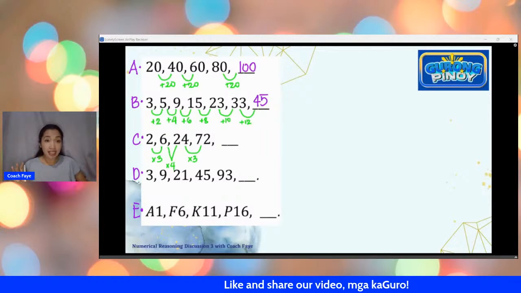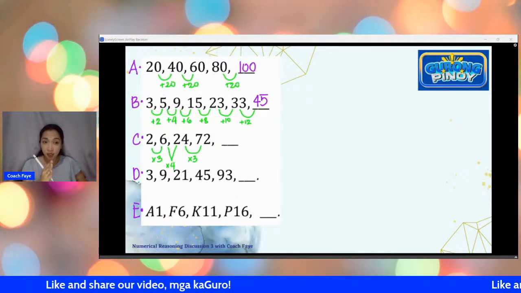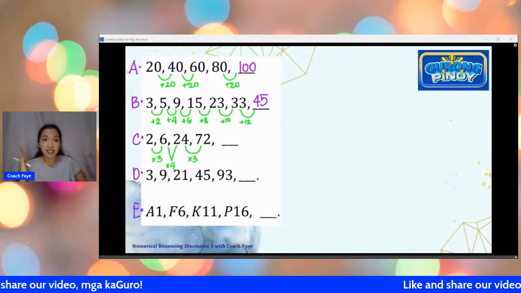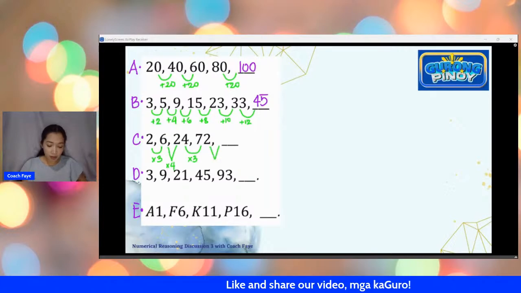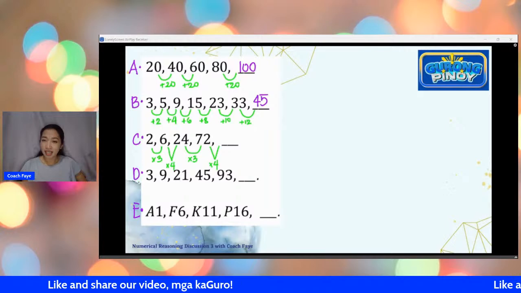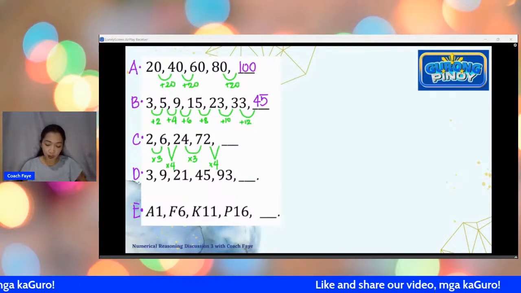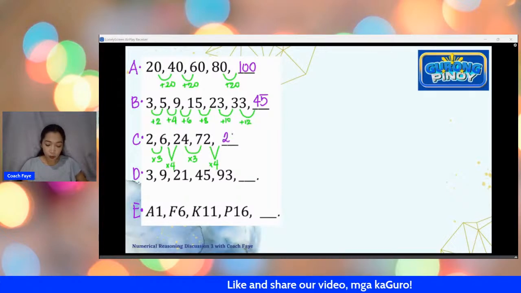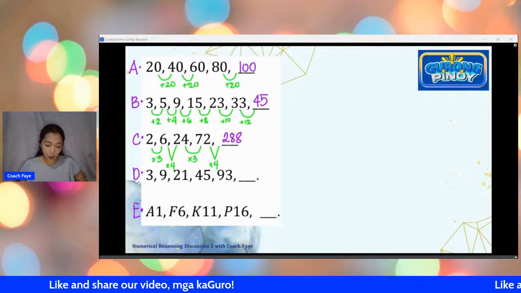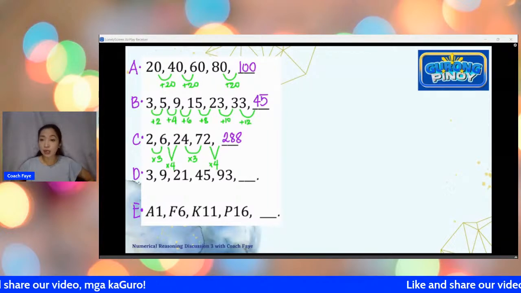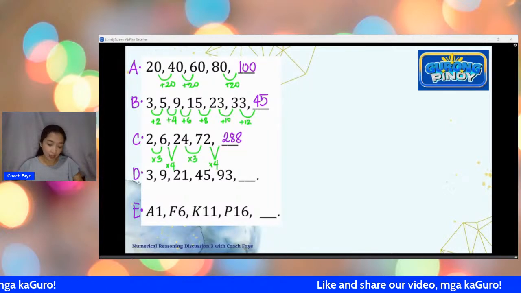Nag-e-increase ba yung minumultiply natin or umuulit-ulit siya? So first is times 3, then times 4, then bumalik sa times 3. So we expect that the next one is probably going to be a times 4. So medyo may specific pattern yung minumultiply natin. And I think I'm seeing some correct answers already, which is 288. Pa-share po ng ating answers and pattern if possible doon po sa letter D